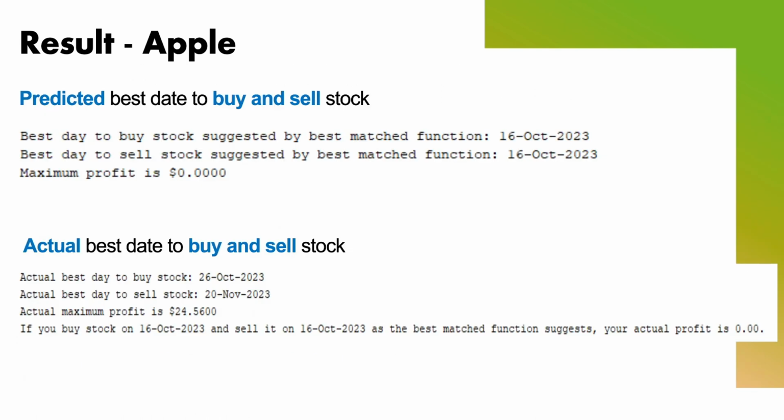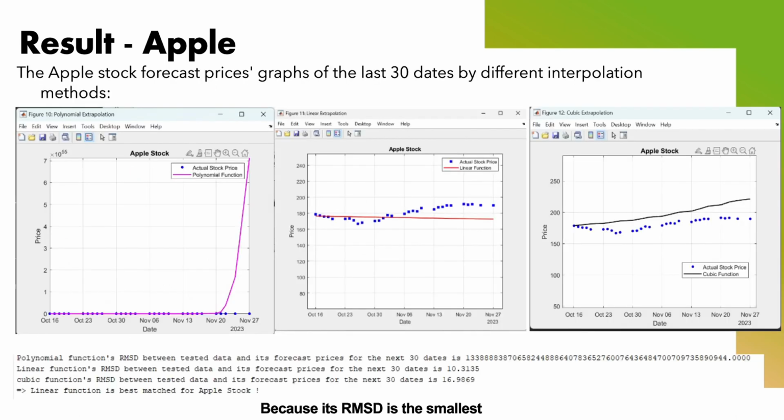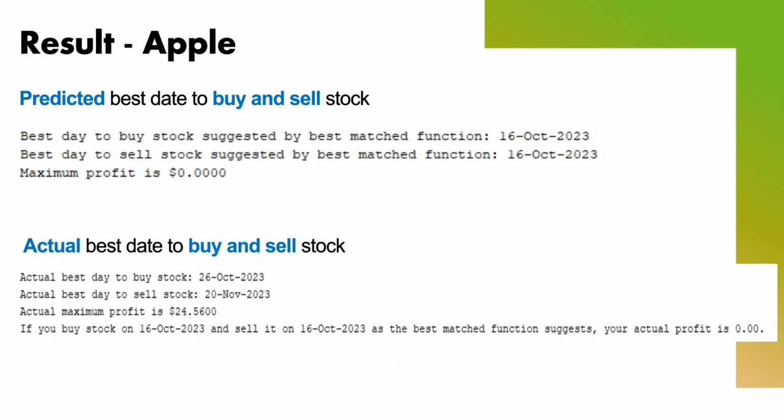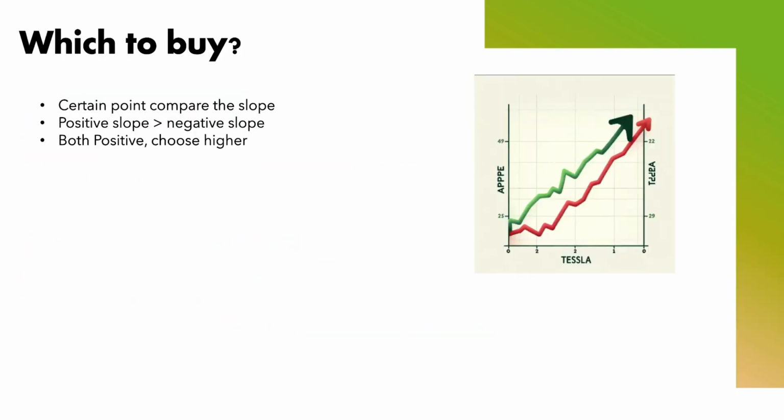And based on this, we would predict the best day to buy and sell. It will be the same day because the stock is trending down. Therefore, you shouldn't buy the stock at this moment. But the actual date, you can see is October 26th buying, November 20th selling, and you can have a $24 profit. So based on this, we realize that it is actually very hard to predict when to buy and sell,